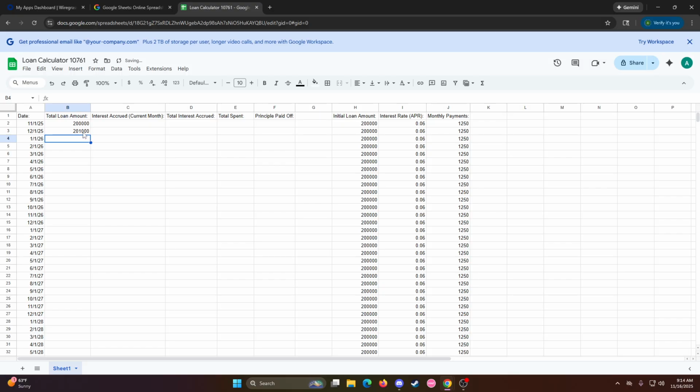And so looks like we accrued $1,000 in interest, but we're not quite done with the formula yet. So if you hit enter, you can double click back into this. And after we accrue interest, we're going to make a payment. So we're going to do minus J2. And so this is our amounts after 1 month has passed. We accrued some interest and then we made a payment. And so now our total loan amount is